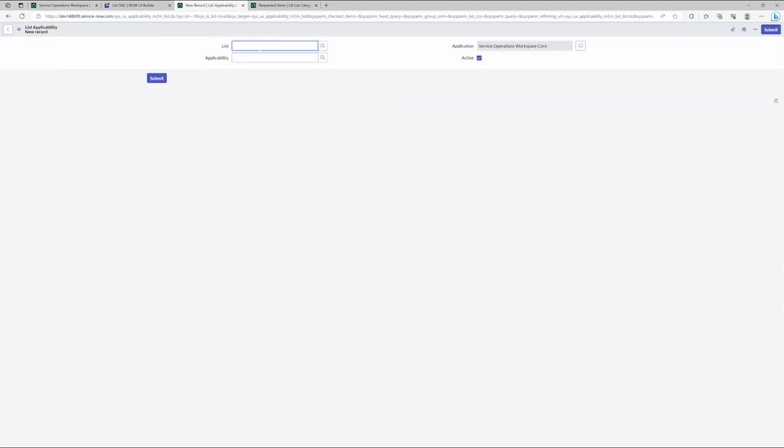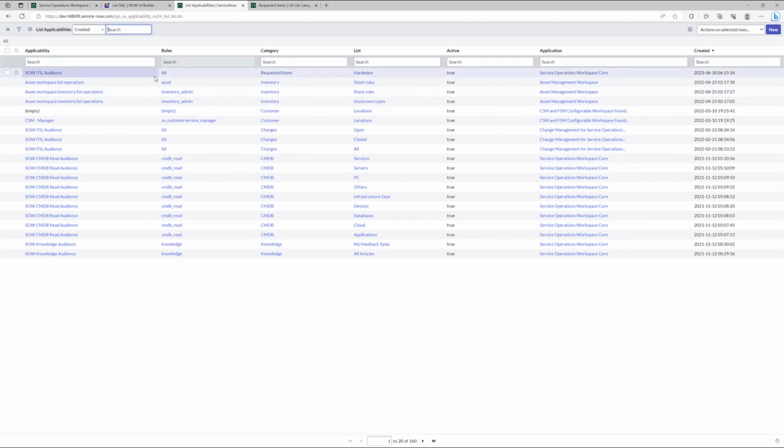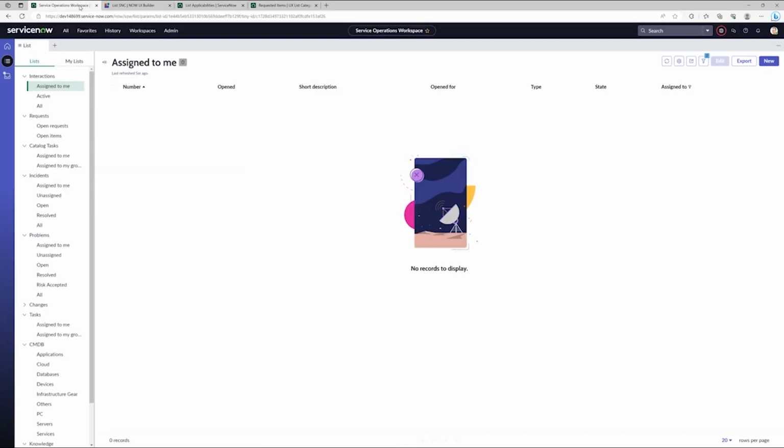and identify that list that I just created called Hardware. And then for the applicability, I'll grab that SOW ITIL audience. That's associating that audience with that list. I'll click submit here. And then those are all the steps that I need to do to create that category and the list and give access. So just to test it out, I'm going to come back over here to my Service Operations workspace